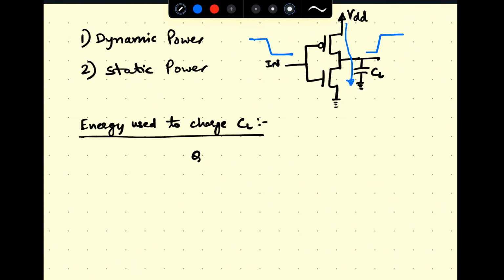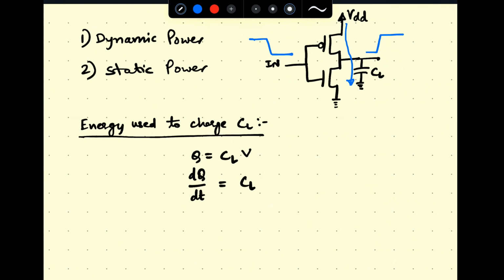Consider the charge on the capacitor, CL, multiplied by the voltage across the capacitor. Since the charge is changing as a function of time, and even the voltage across the capacitor is changing as a function of time,